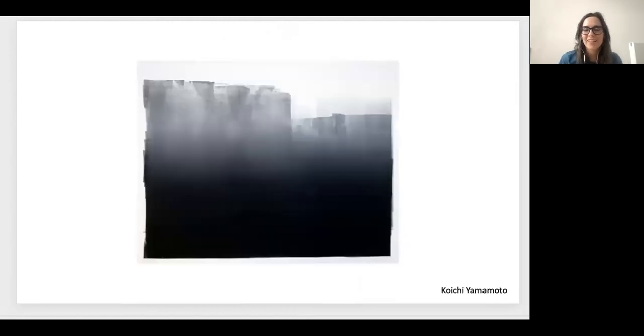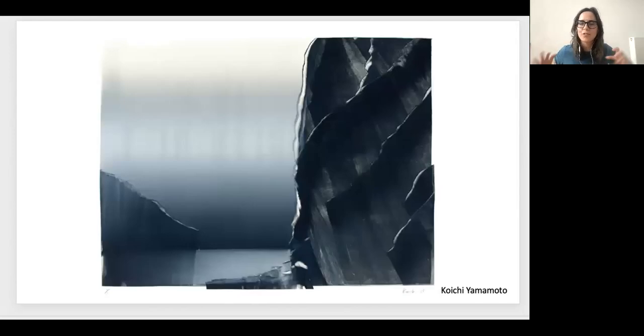Cochi Yamamoto is actually a printmaking professor at the University of Tennessee, Knoxville. And he makes large-scale atmospheric monotypes where it's kind of like a dance with the roller. He's using very large rollers to make marks and shapes and forms. So instead of using small brayers, some of the rollers that he uses are up to 2 to 3 feet in diameter and oftentimes 2 to 3 feet long. And so